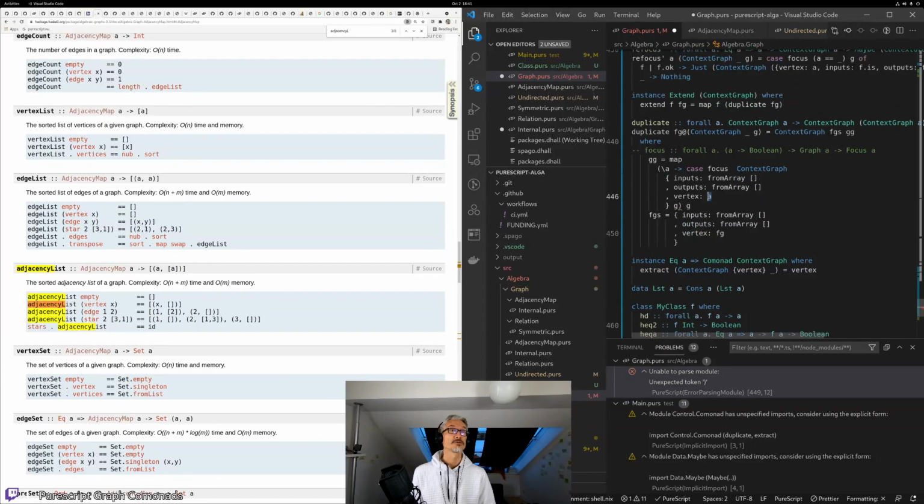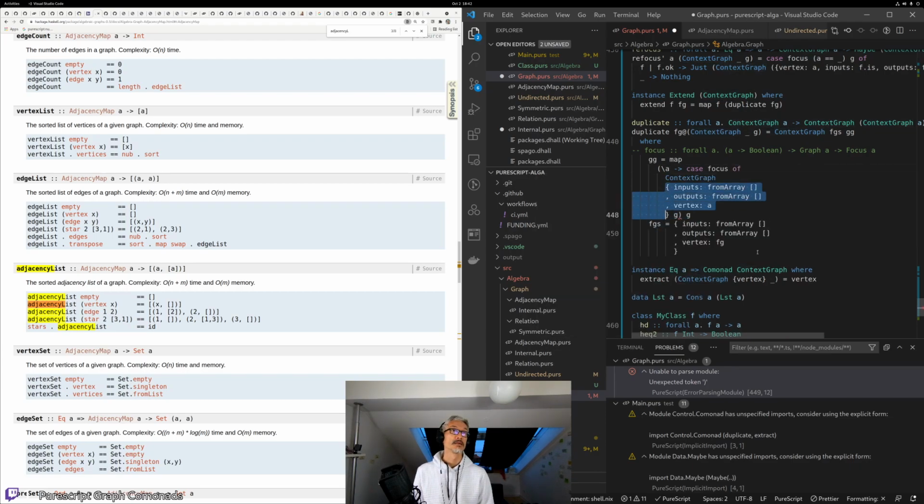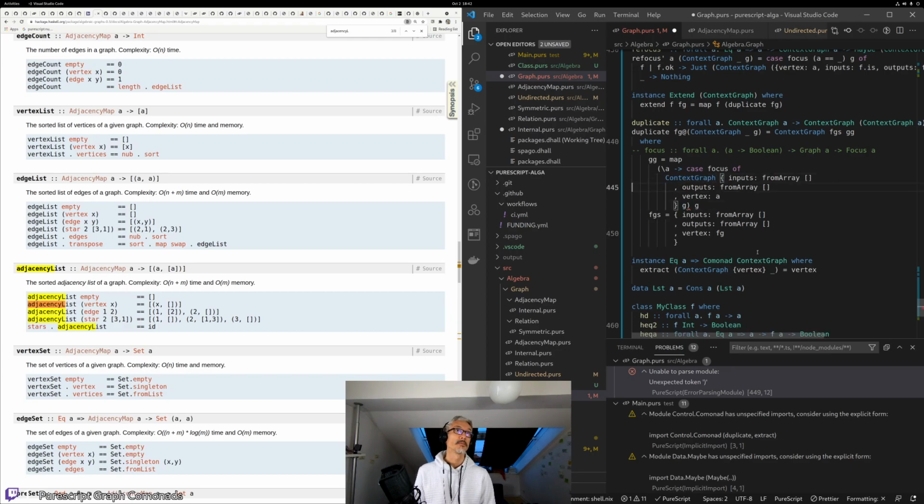Here it's trivial to get the vertex. We say we map over all the cells of the graph, and we create a context graph that has that cell as the context. And that's easy dandy, but